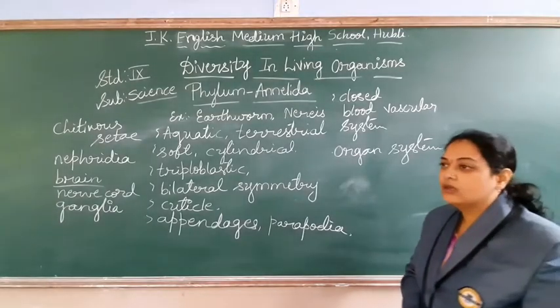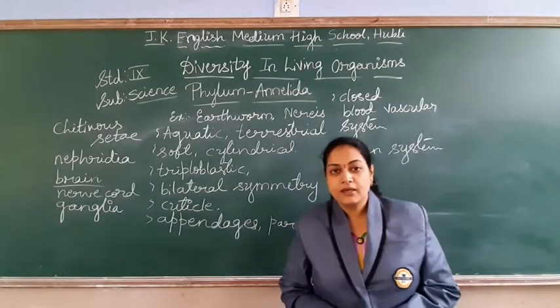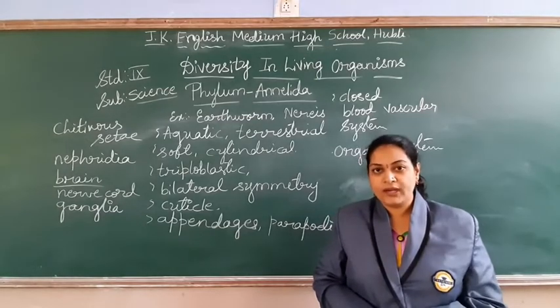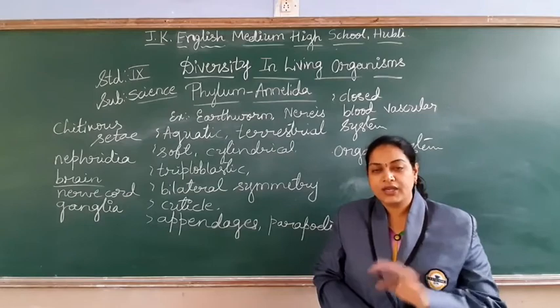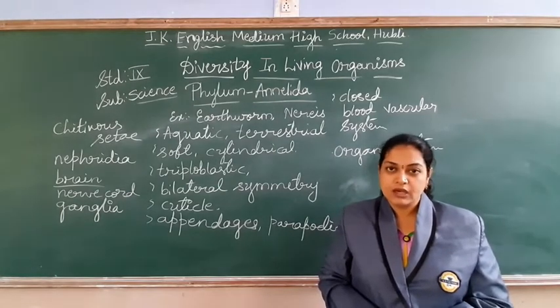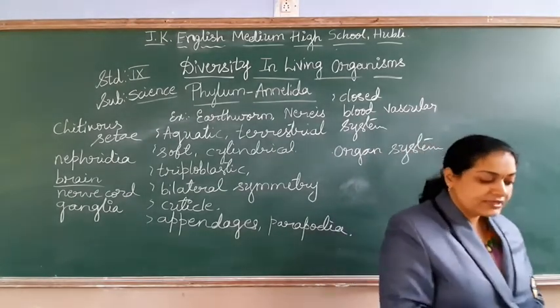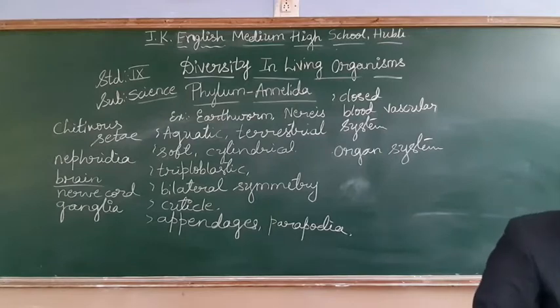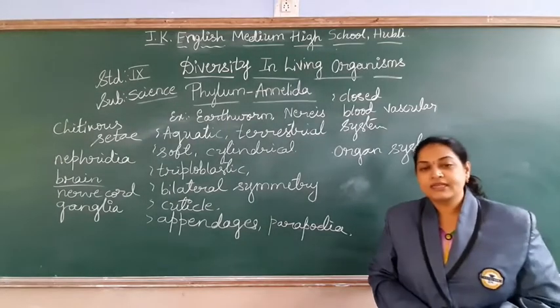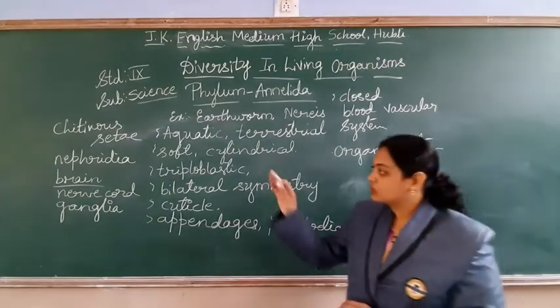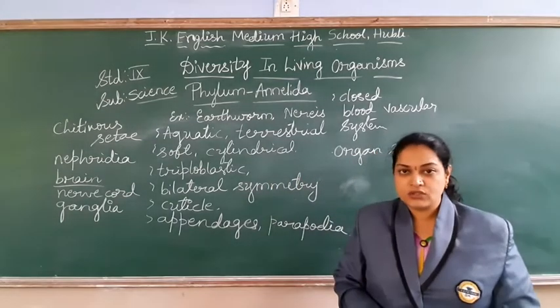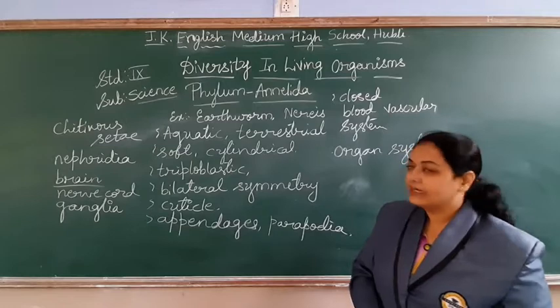Coming to the organisms, these may be hermaphrodite, meaning in a single body, or they can be differentiated as male and female. Reproduction is also a very simple type, but the sexual type of reproduction may take place. Right, students? So these are all the general features of the phylum Annelida.